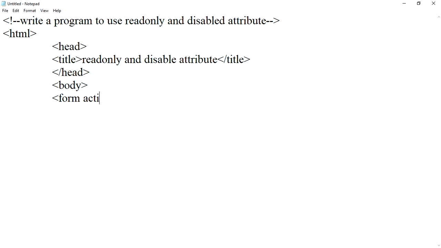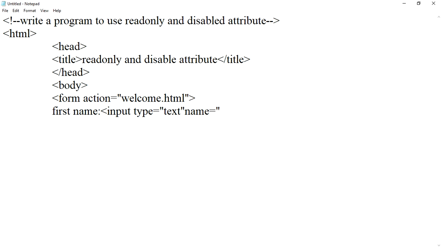Now we'll use form action equals to welcome.html, first name, input type equals to text, name equals to fname, value equals to magicofoneclick, read only, br tag,